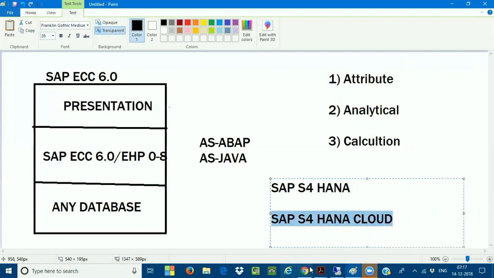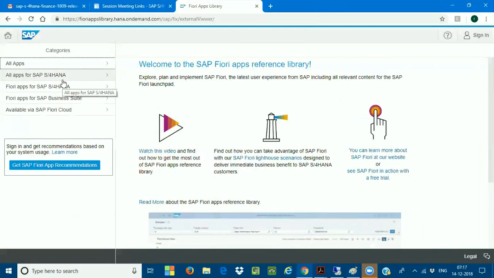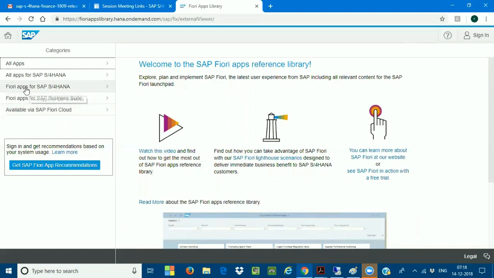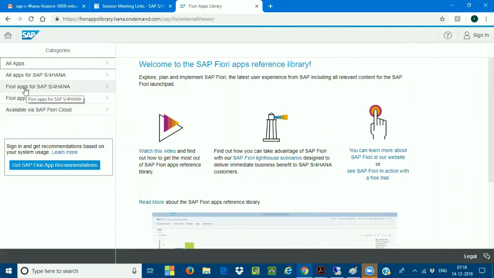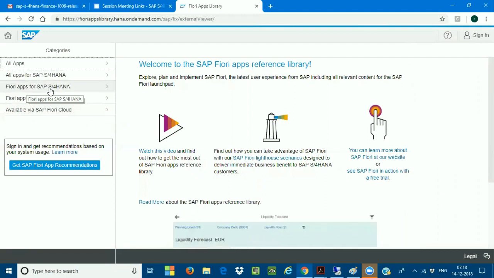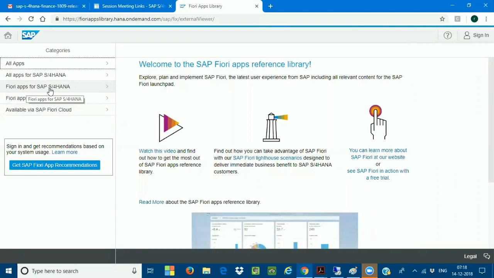So here, if you see, this is SAP S4 HANA. This is SAP S4 HANA Fiori Cloud. Very, very important. Here you can differentiate. These are the SAP Fiori S4 HANA on-premise Fiori, not for the cloud. For the cloud, they have already given a separate one. See here, cloud, this is a separate one. These are the SAP S4 HANA on-premise Fiori applications, not the cloud one. It is only SAP S4 HANA, which means it is on-premise. I hope I'm making a very clear statement on the comparison between SAP S4 on-premise and the cloud. Does anybody have any doubts here?